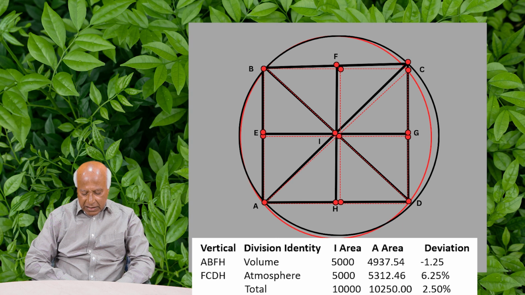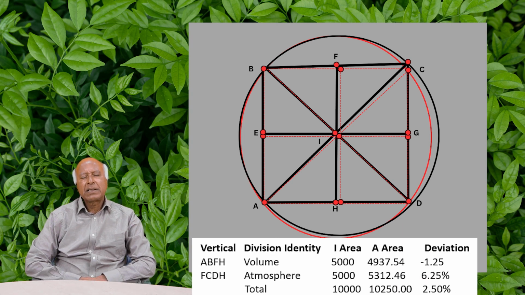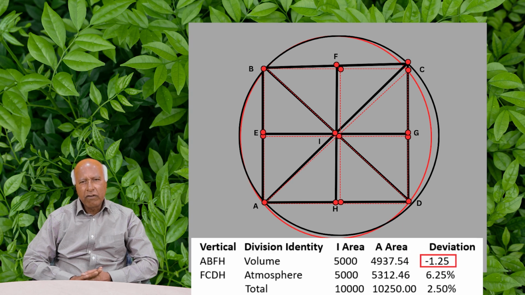That is 6.25%. Overall, if the 10% increase is there, it should logically be 5% each. If we divide the 10% by 2, we get 5. So ideally it should have been 5%, but the demand value is showing a decreased value of minus 1.25%,